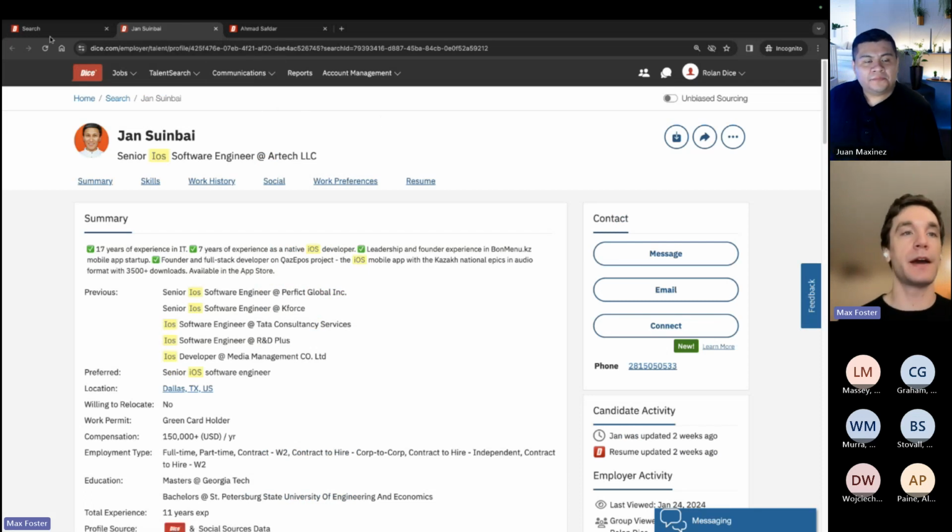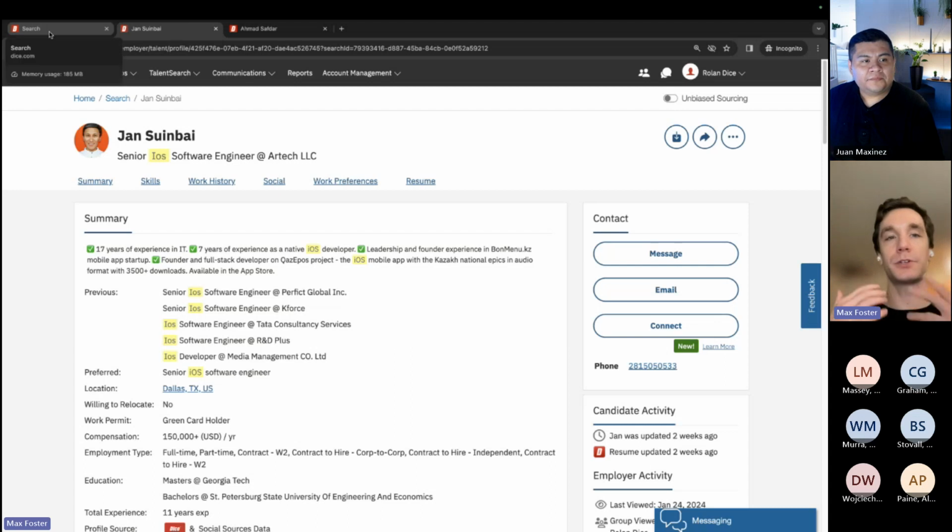Only suggestion there is everybody keep in mind that when searching the Dice database, we're looking for these super specialized candidates in these cities, so just be very careful to not layer too many filters on at once, because suddenly you'll be like, wait, nobody's there. Hang on, let's just back it up a little bit. There's probably somebody there. It just might be one of the filters, whether it's the remote filter or something like that. Let's turn that off and see how many candidates are there. And I'm sure if you toggle that off, you might find more.